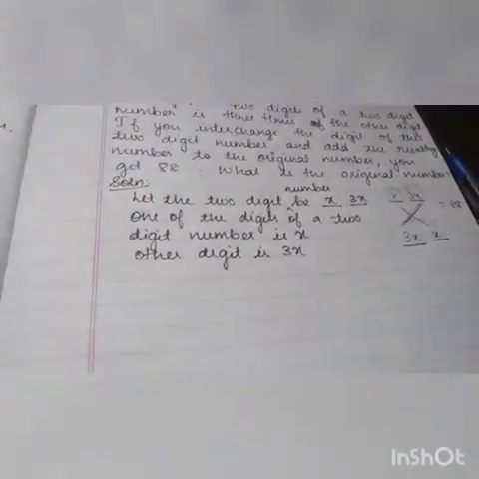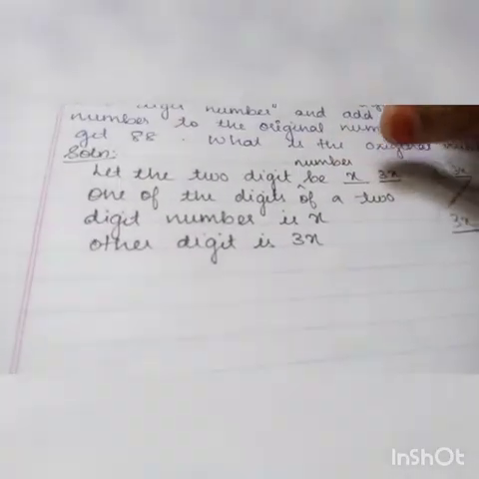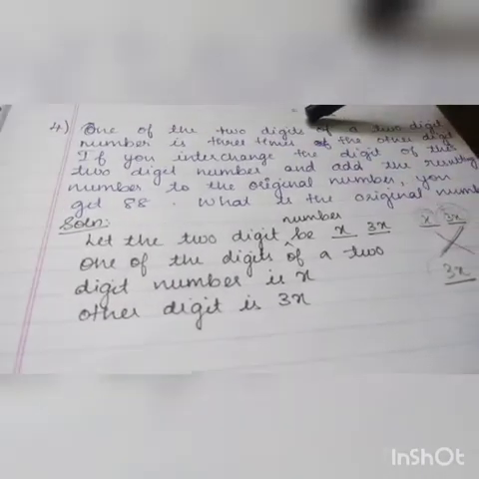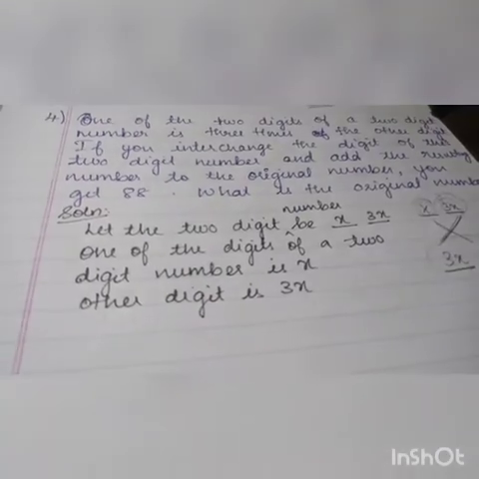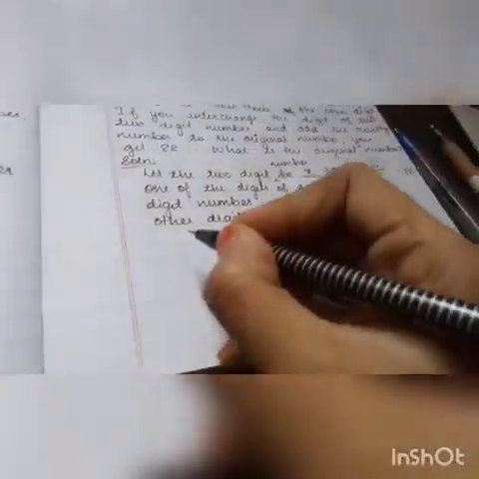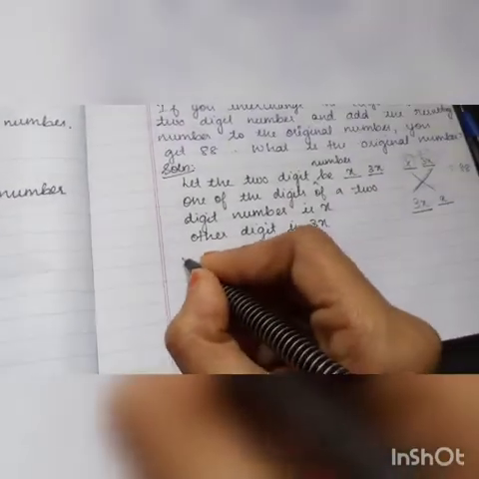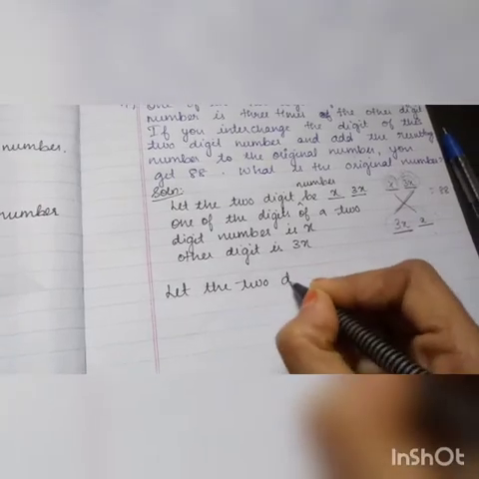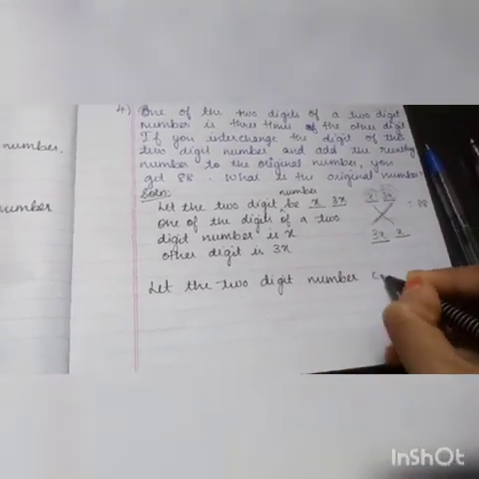Let the 2-digit number be x and 3x. One of the digits is x, another is 3x, because I told you one of the two digits of a 2-digit number is 3 times the other digit. Okay. Now, shall we let the 2-digit number be represented as, let the 2-digit number can be written as,